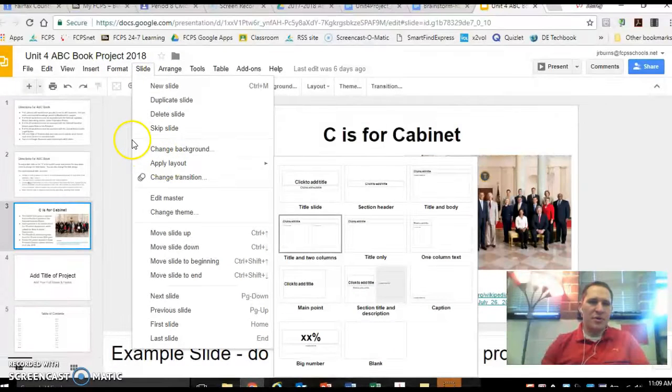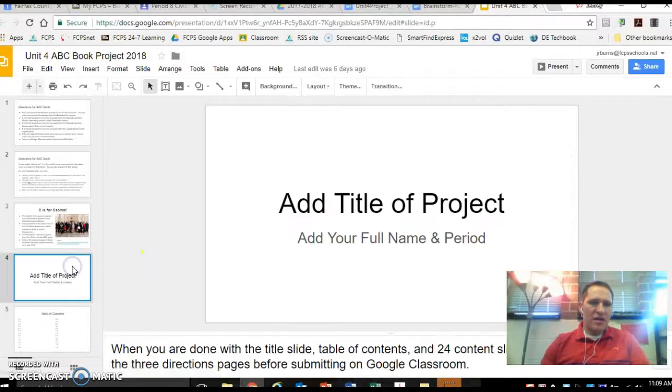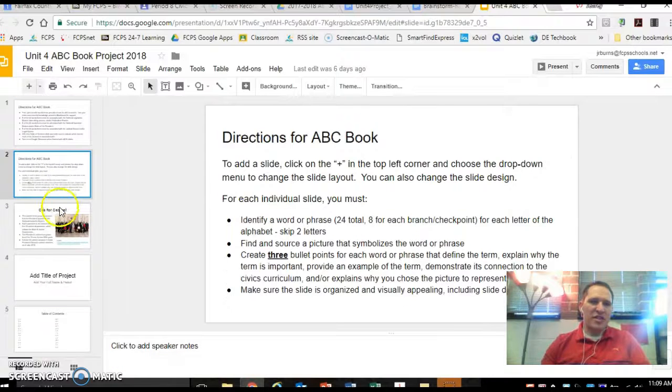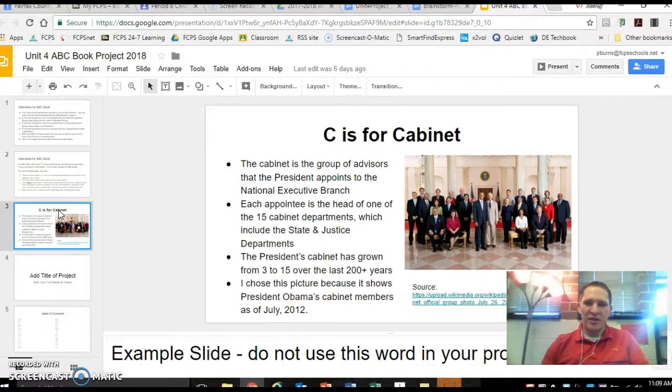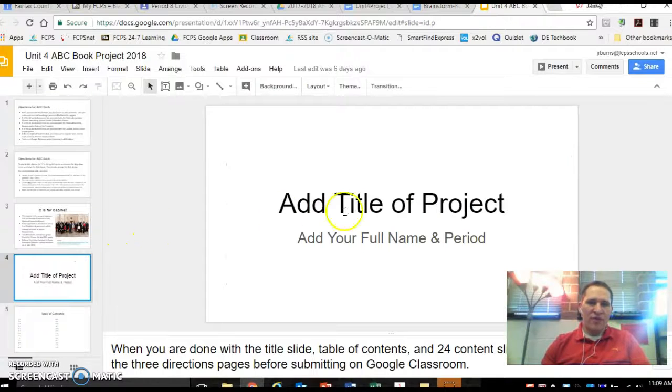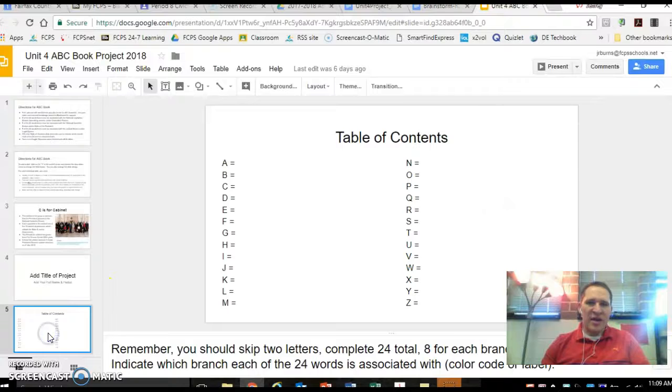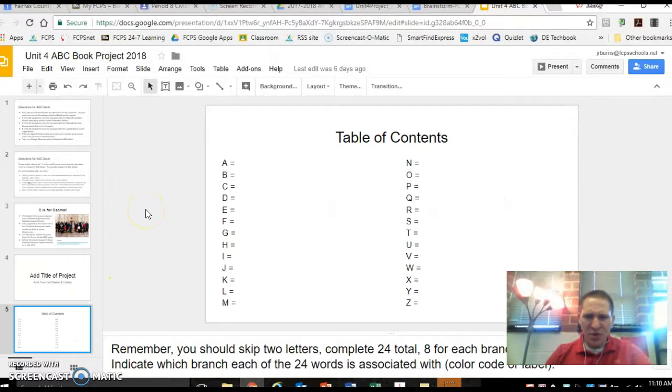Right? Okay. And then when you're done with your whole project, these 3 slides you could delete because they are just directions. But wait till you're done with the entire thing. All right. So then on slide 4 right now, you would add the title of your project, your name and period, and then on slide 5, you would add your table of contents, and of course you want to color